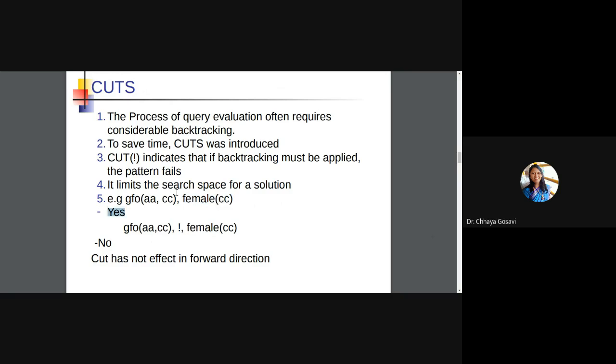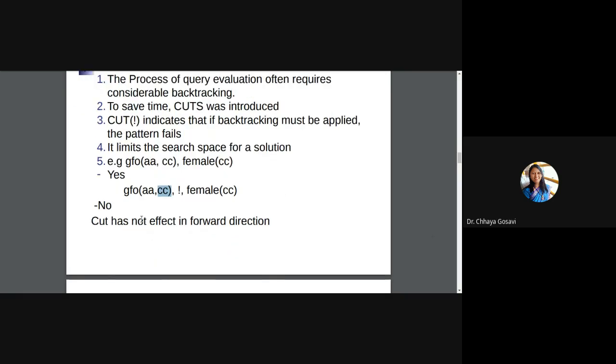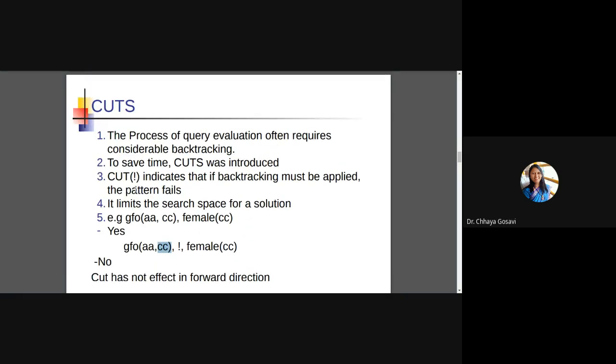AA is grandfather of CC and CC is female. But if you are checking AA, CC and you don't want to check whether CC is female or not, then it will say no, because CC is female. So if CC is female, then you will not go on searching or replacing these rules and checking for those particular patterns. We'll talk about cuts in more detail in the next lecture.